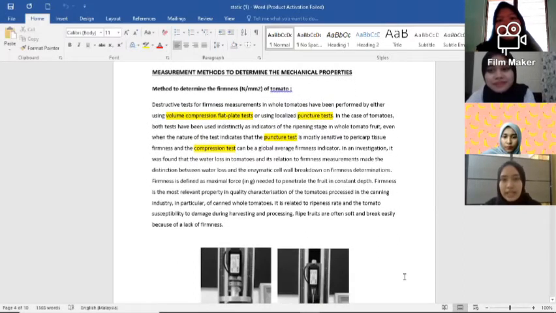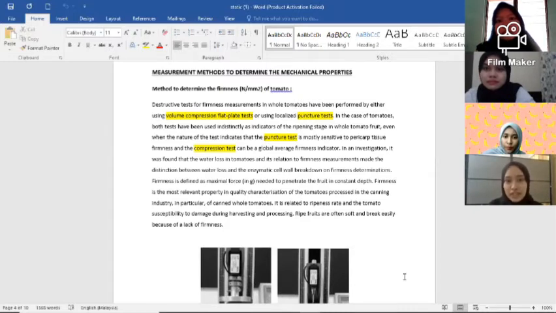Okay, next, we'll proceed to measurement methods to determine the mechanical properties. So the first mechanical property is the firmness. So the method to determine the firmness of tomato, a destructive test for firmness measurement in whole tomatoes, has been performed by either using compression flat plate test or localized puncture test. In the case of tomatoes, both tests have been used